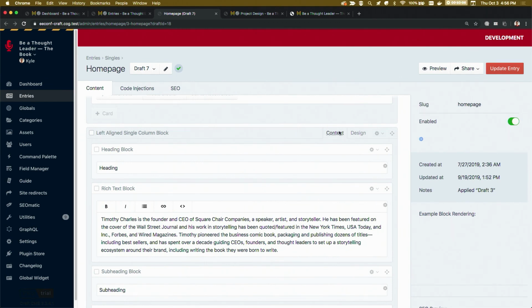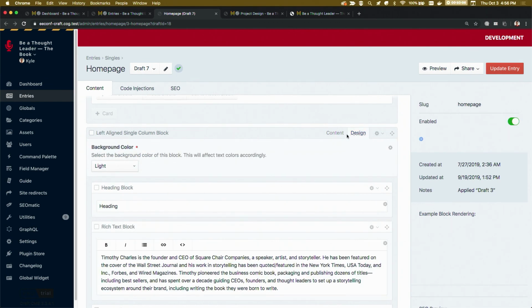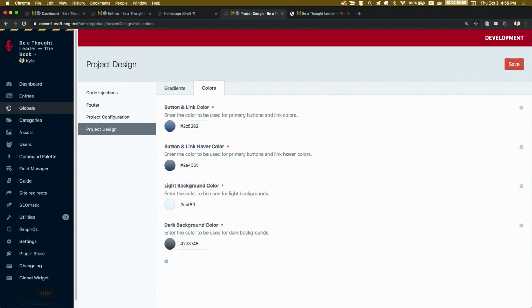So this is the actual content that the editor is working in. And then the design tab simply has a drop-down where they can select what's been predefined from the global. So not as in-depth as having to create a ton of gradients on the fly within CSS in the control panel, but for this particular project, this gave them the flexibility of some design options, but not letting them go overboard with it.